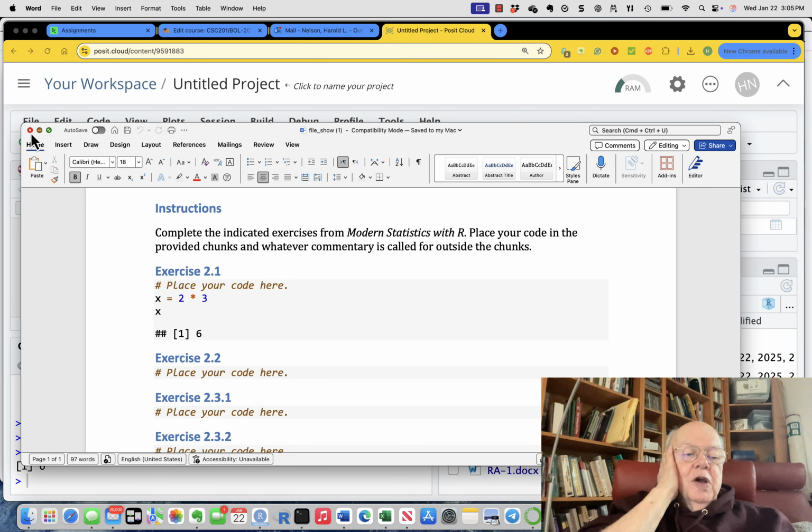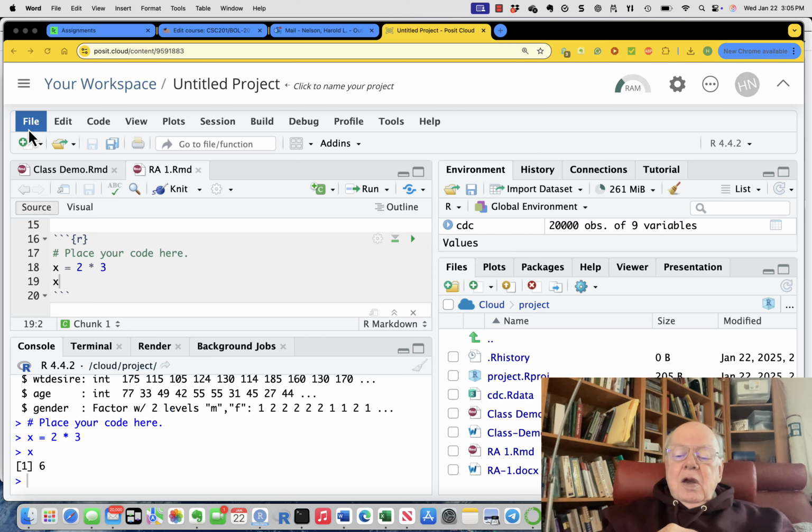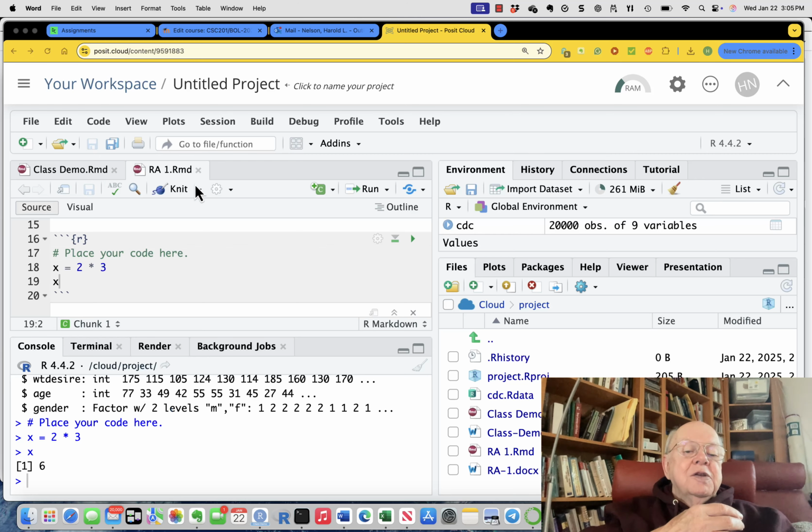So again, when you're starting with an RMD file, you don't have to create a new Markdown file. It's already sitting there waiting for you. I said there's a minor difference. There are actually two minor differences between doing it in Posit Cloud and doing it on your own computer. One is that when you're done on Posit Cloud, you have to download the file. The second thing is that there's an option here